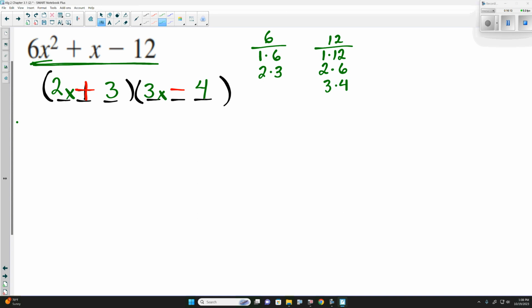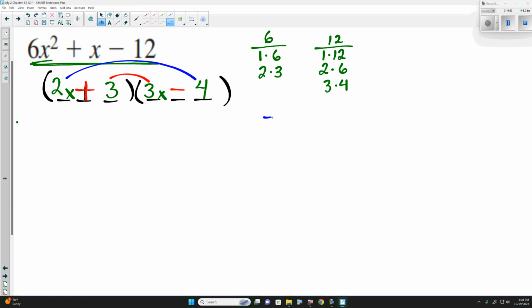Out of the 6 possible setups we had with 2 and 3 for 6, 5 of the 6 automatically did not work because there was a greatest common factor. We could have actually checked it, multiplied through, and none of them would have given us a middle term of x. But just because we know that if there's not a greatest common factor here, there can't be one in either one of these spots, we took 5 setups and eliminated them without even checking. That's why that's nice. Now, if we check this here,